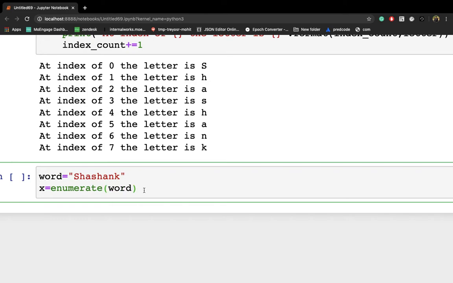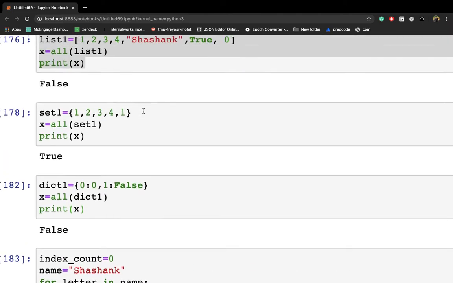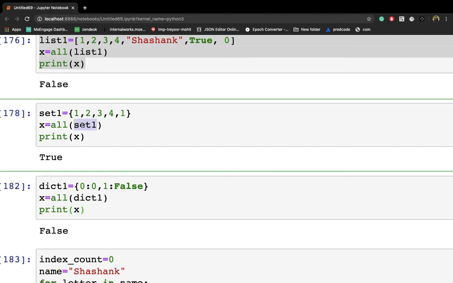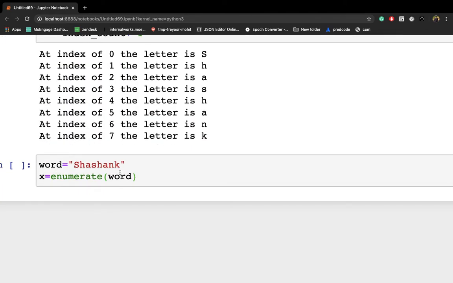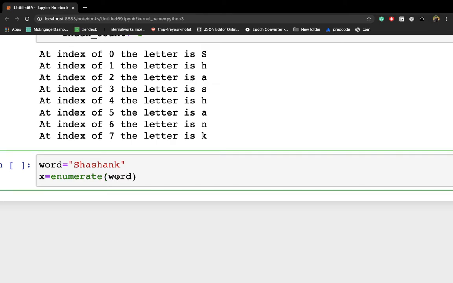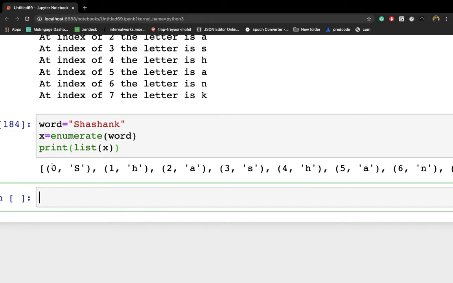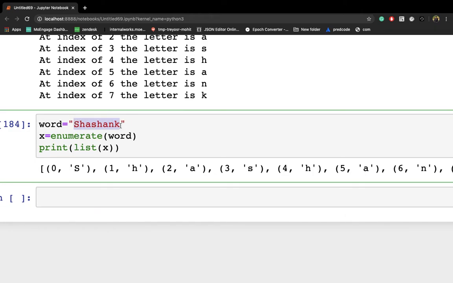As I have used the all function as well, I wrote the same variable name here. Similarly, we can write the same variable name inside this enumerate function. If we print x, let me cast it to a list. If you do this and execute, you will get all the letters of this string with index positions.